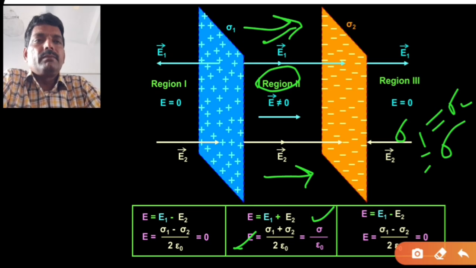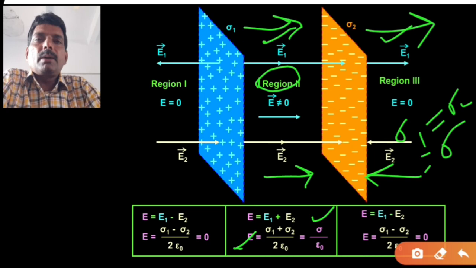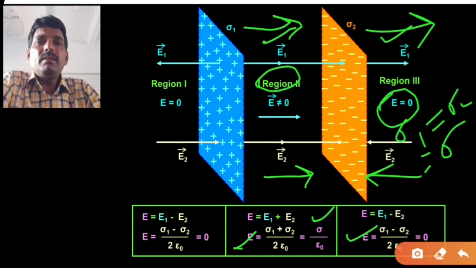Now in the third region, E1 is in this direction and E2 is in this direction, both are in opposite direction and the magnitude is same, therefore you can say resultant electric field is 0. So in this case E is equal to 0. So this is the main thing you have to consider as that of the previous cases, because in the previous cases you have considered that surface charge densities are different, but here you have taken the surface charge densities are same, and that too the charges you are taking on both the sheets are different. On this sheet you have taken the positive charge, in this sheet you have taken the negative charge. So with respect to these things you have got this.